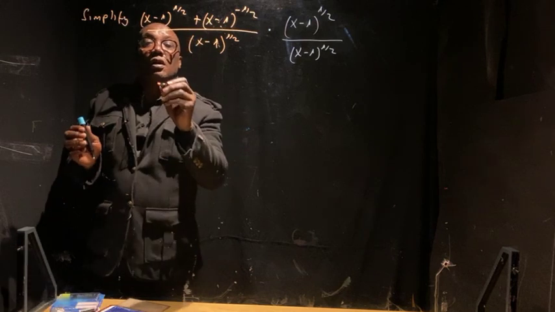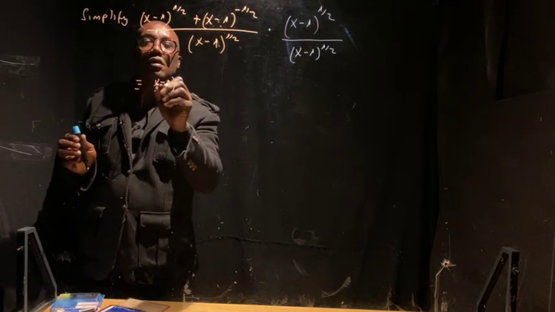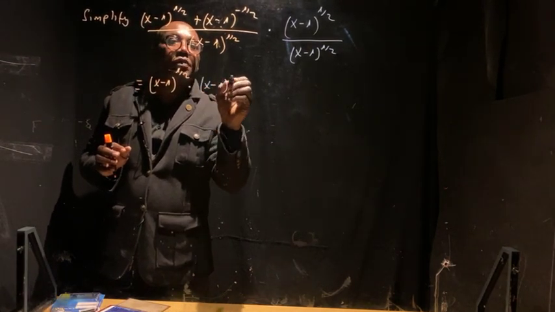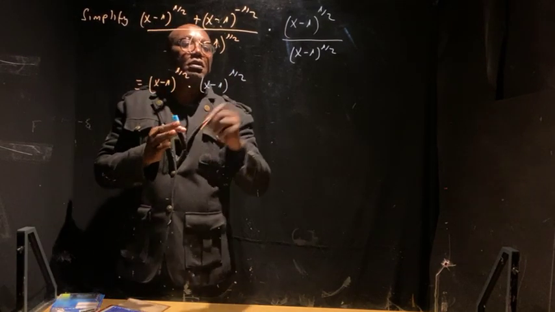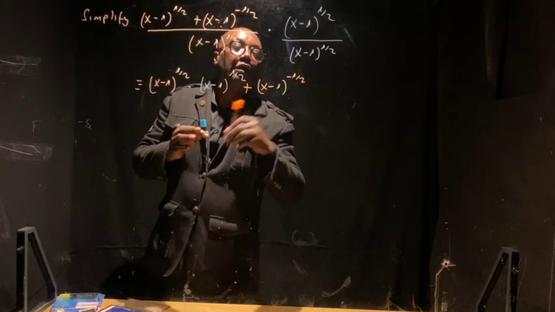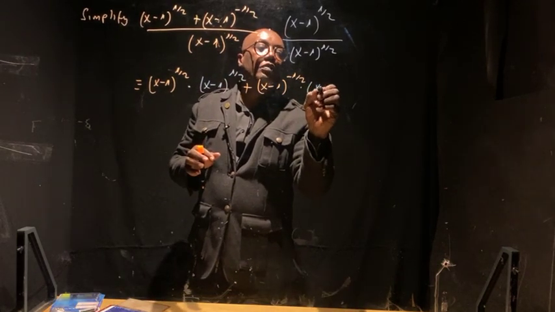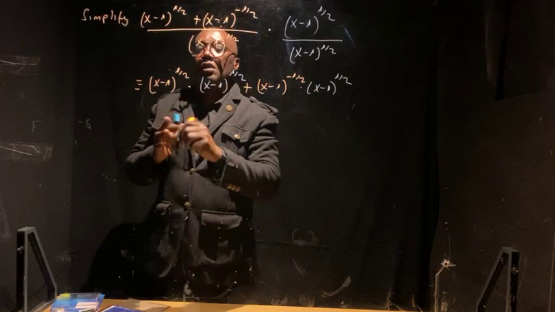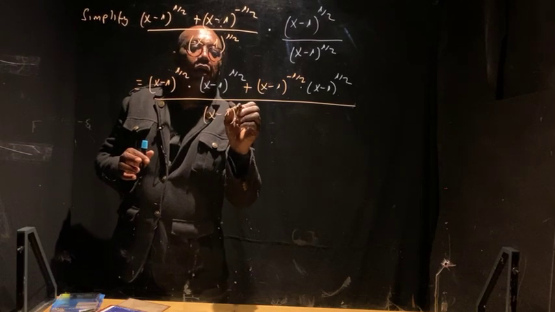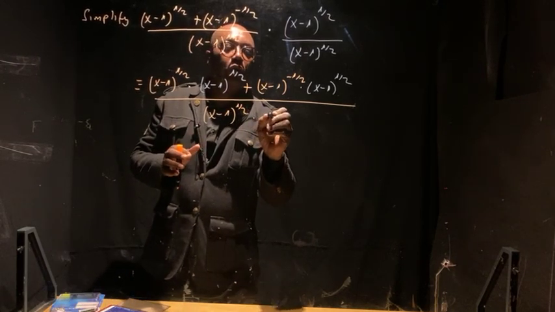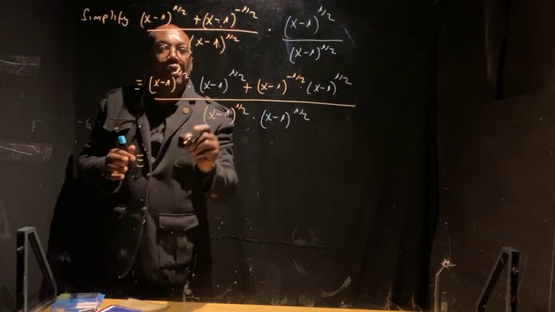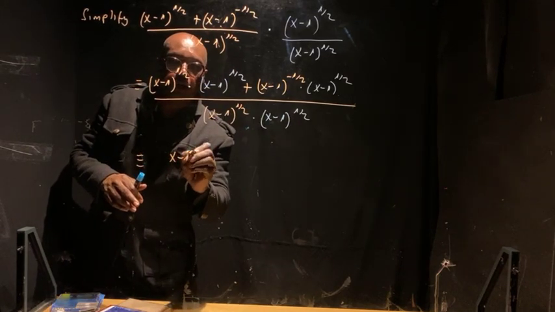So it becomes x minus 1 raised to the power half being multiplied to x minus 1 raised to the power half, plus x minus 1 raised to the power negative half being multiplied to x minus 1 raised to the power half, all over x minus 1 raised to the power half multiplied to x minus 1 raised to the power half, which is not different from the same base, x minus 1 raised to the power half